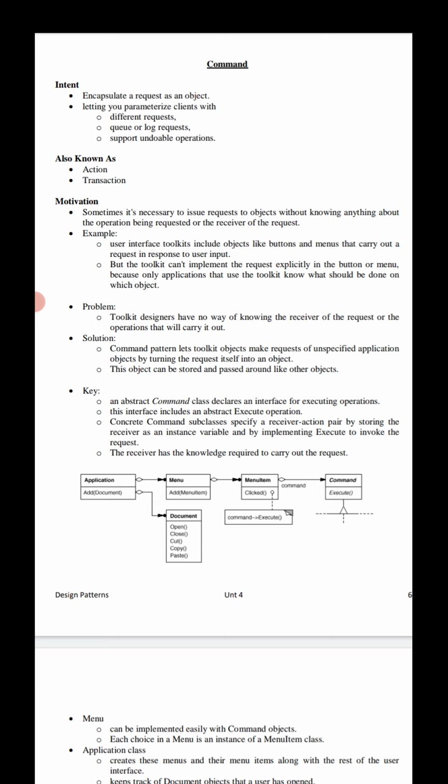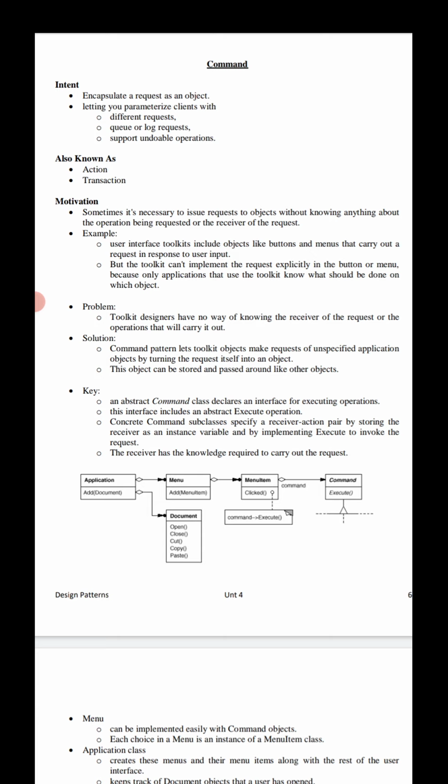We need to encapsulate a request as an object, the sender sends the request as an object to the receiver object, letting you parameterize other objects with different requests, and queue or log requests, and support undoable operations.